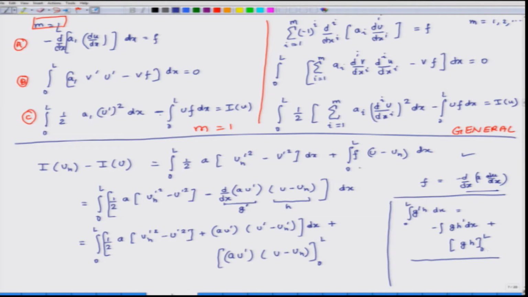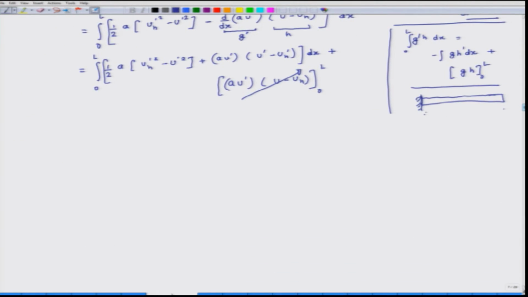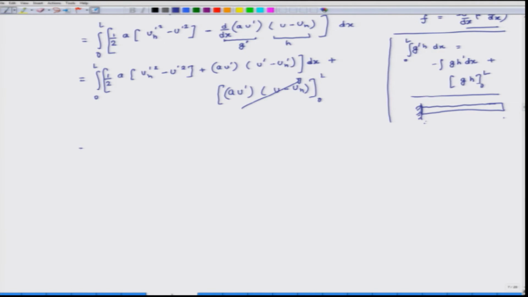Okay. Now, we had said, okay, so this is a bar problem, and let us say that I am defining this bar problem such that the value of u at x equal to 0 and x equal to L is 0. I want to basically drop these boundary terms. Okay. So, if it is 0, then this term goes away. If the boundary terms are 0, this term goes away. So, what we are left with is